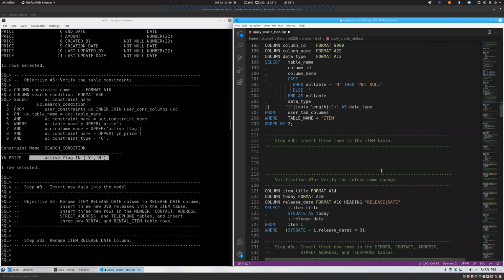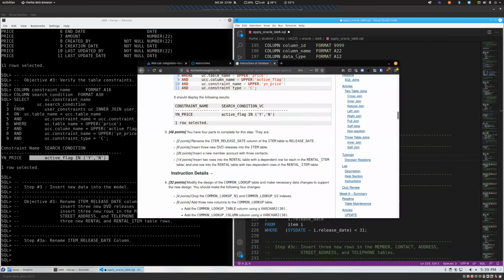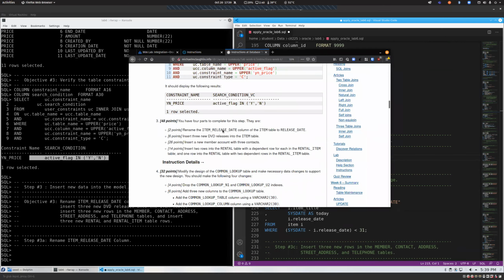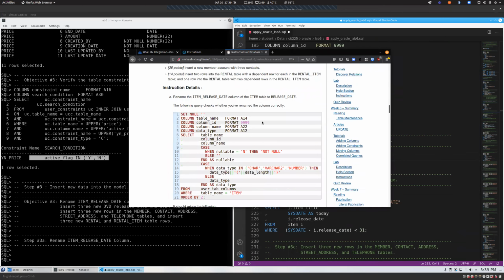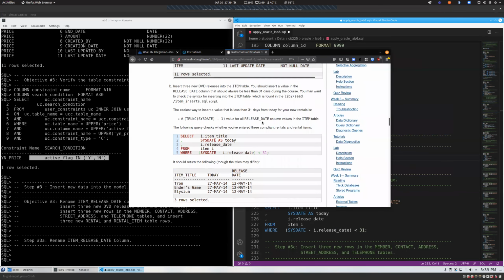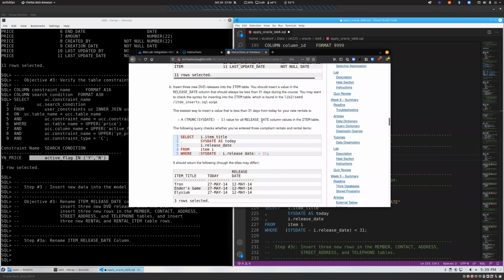Now, when we insert our 3 rows in the item table, you guys have seen this plenty, but there is one significant little piece to the puzzle that I want to make sure we point out. So when we insert our 3 new DVDs, there's one thing that's going to make your life a million times easier. And that's if we use